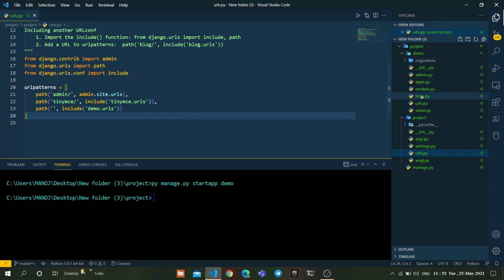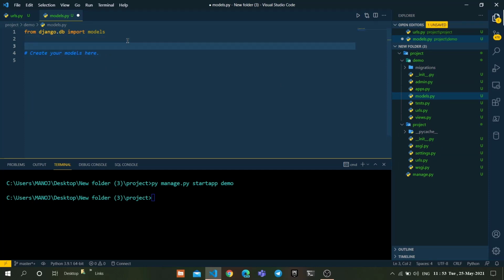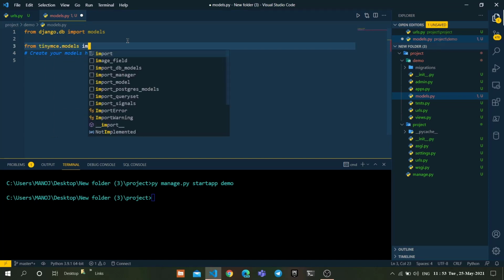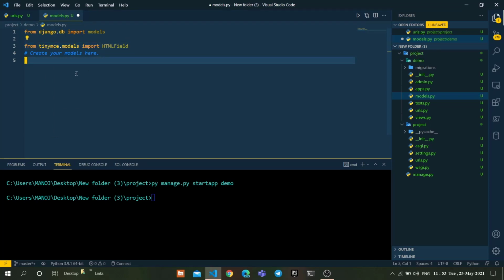After that, go to the models.py. In models.py, import from tinymce.models import HTMLField. That's it.